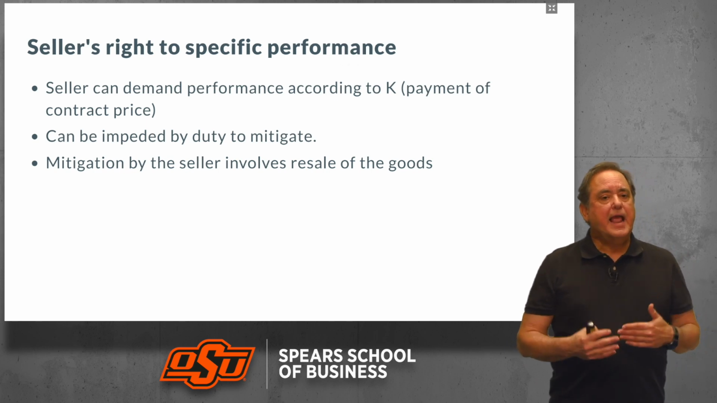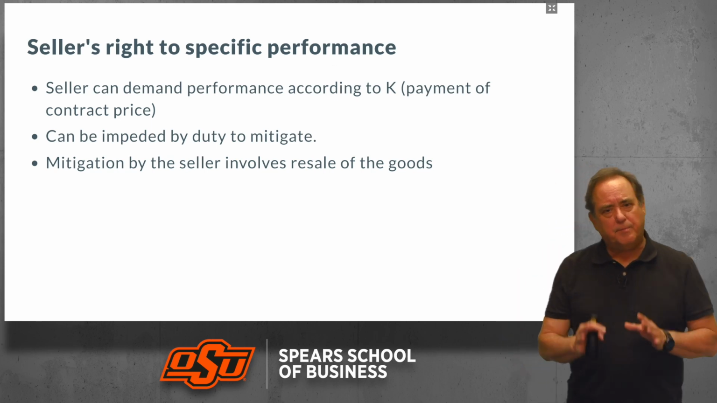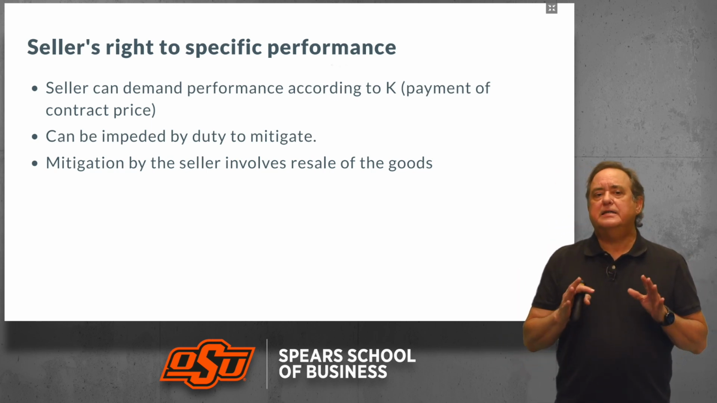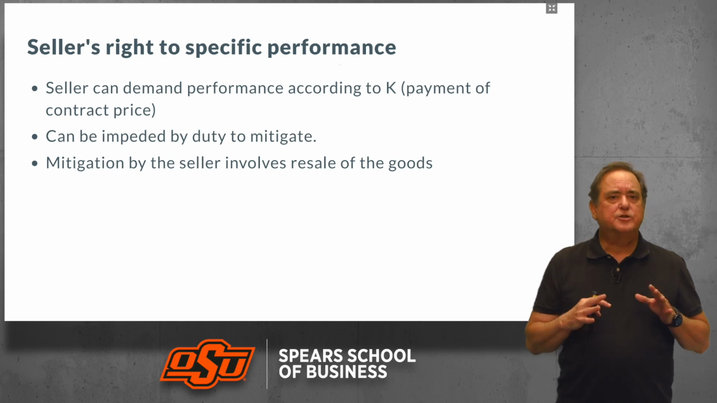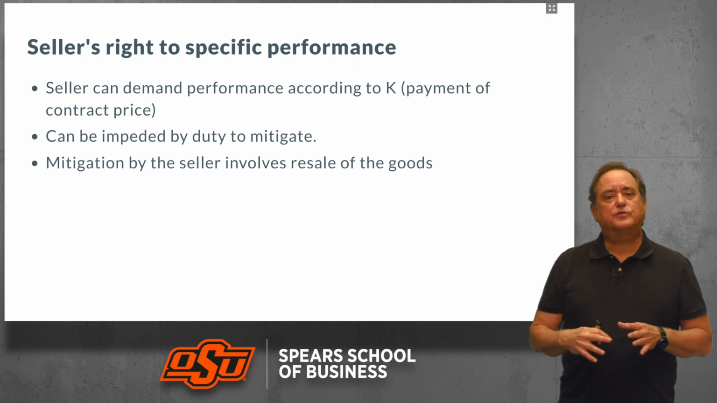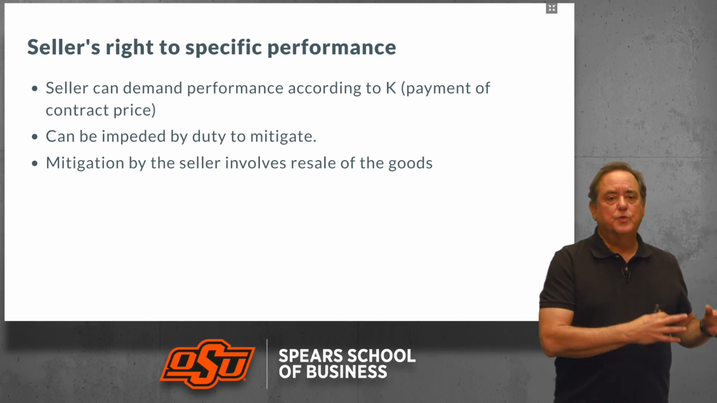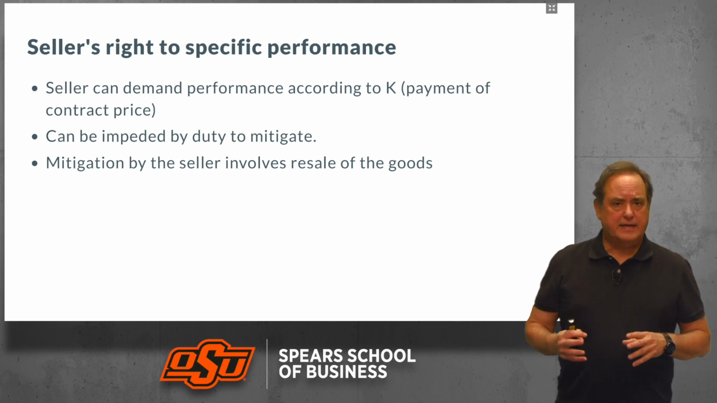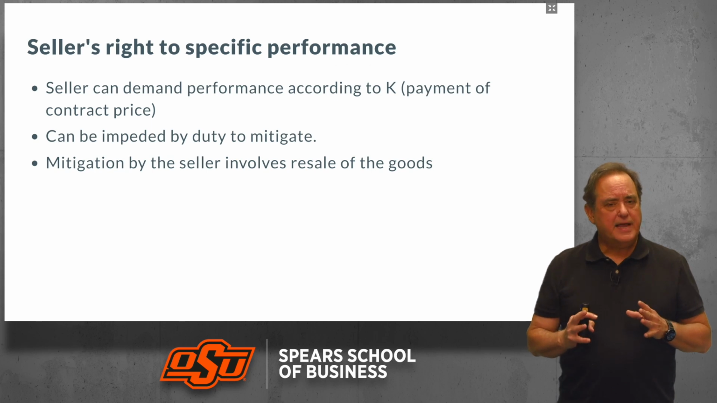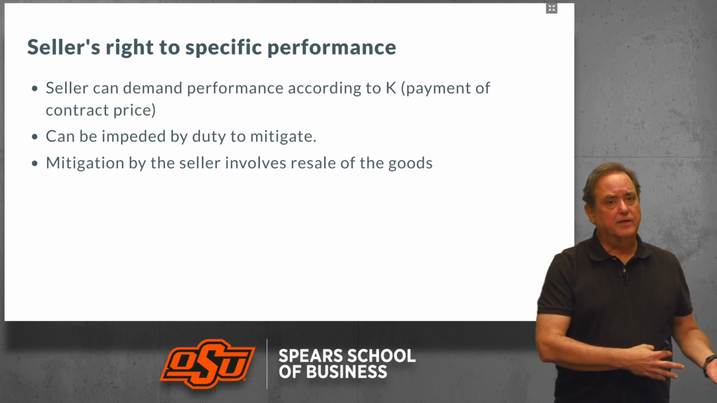Now this can be impeded by the duty to mitigate. We talked about a buyer's duty to mitigate. A seller also has a duty to mitigate. And mitigation by a seller involves resale of the goods, must sell the goods to another party. So if the buyer does not accept delivery of the goods, the seller has an obligation to go out into the marketplace and attempt to resell those goods